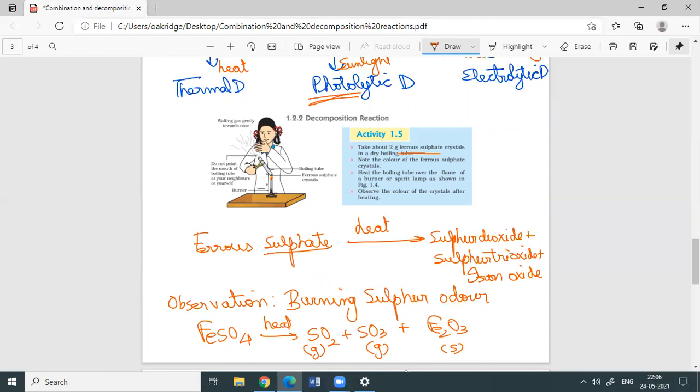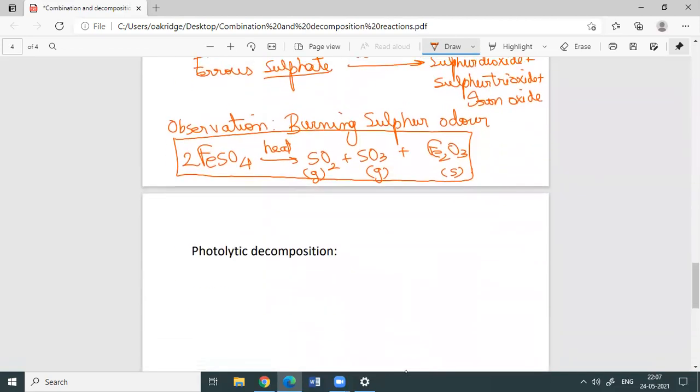Okay, and if you want to balance this equation, you just have to put a 2 here: 2 Fe, 2 Fe, 2 sulfur, 8 oxygen, 3 plus 2, 5, 5 plus 3, 8. So this is a balanced equation. And this equation is very, very important from an exam point of view. Just by looking at ferrous sulfate, one cannot guess that these many things are coming out. So we need to be a little thorough with the equation. We need to practice the equation, in other words.